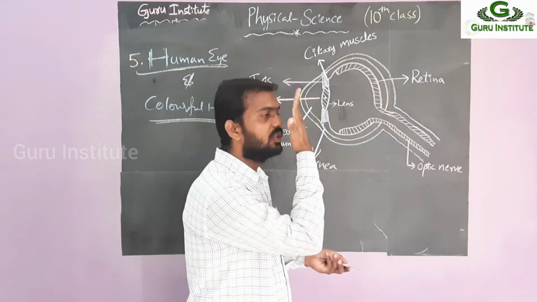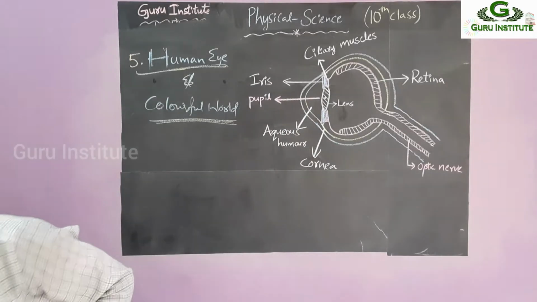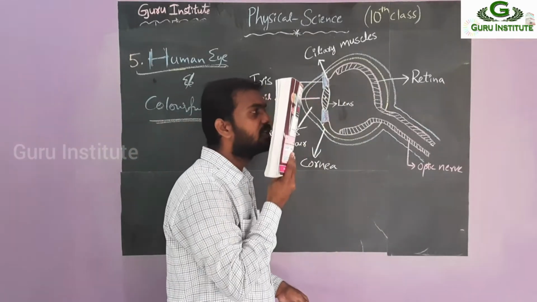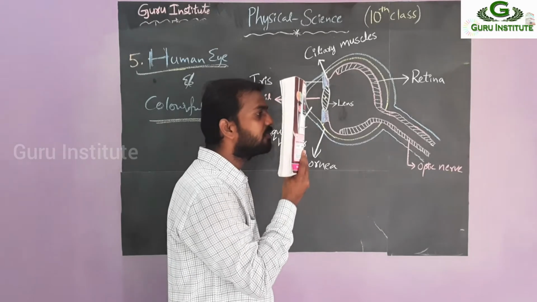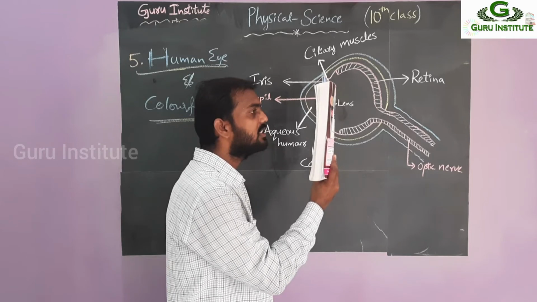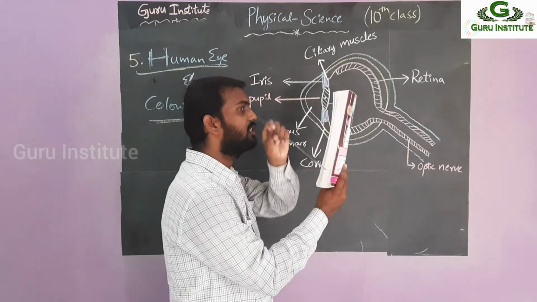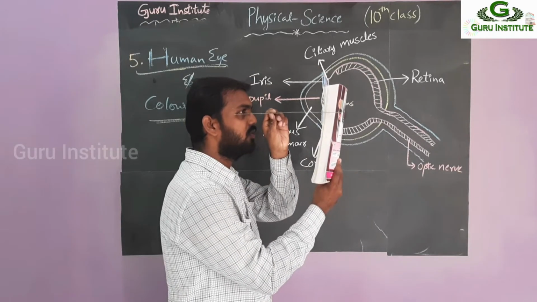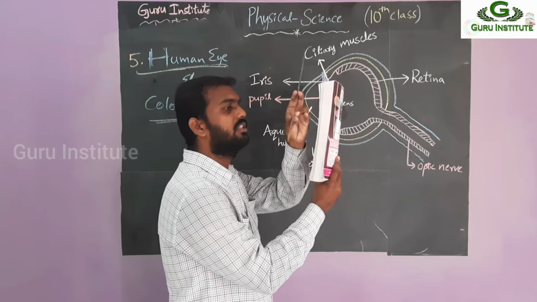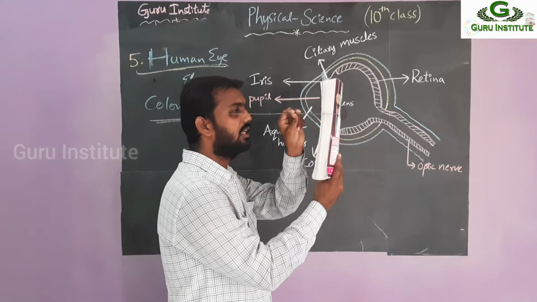Okay, right? Once again we do the same activity with your hand, or otherwise you can take any textbook and keep it just in front of your nose and slowly move it. Then wherever you see the clear image, you can stop there. So here I can see the clear image. Now measure the distance between your eye and this book. So I am seeing up to here, so up to this you will get the clear image.